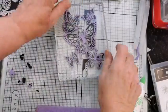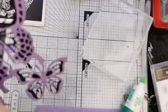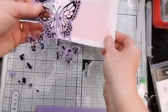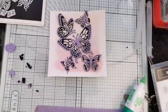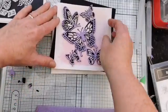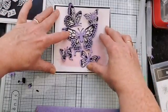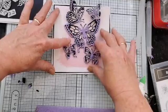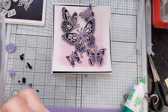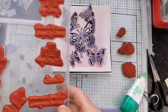Okay, where's that big block? Let's bring that in. Sorry, butterflies, squashing you. But some little bits of glue showing round and about. So we have our butterflies that are going to go on there, and because we've got our black in the background there as well, that's going to sort of bring that black together and help that all pop. And then it's just a question of what else do we want to add into there. So this is where I think some of our blobs and our splatters might come in,